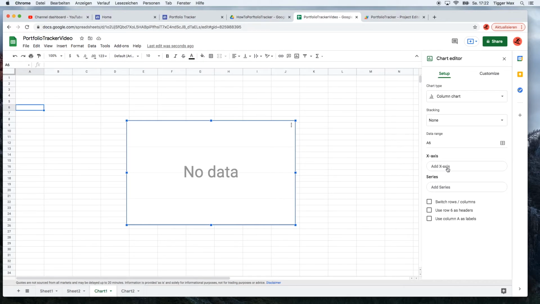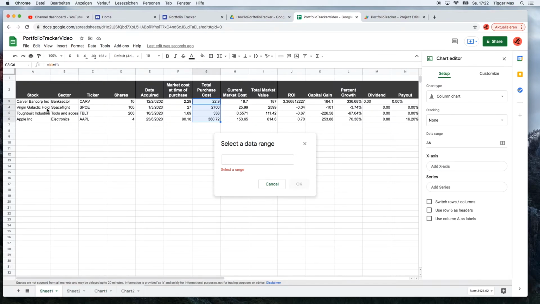So come here and go to the x-axis, and to the x-axis we go back here to the sheets, and I put some stocks here extra for the better representation of the stocks. So I put the information here, and I will click OK,